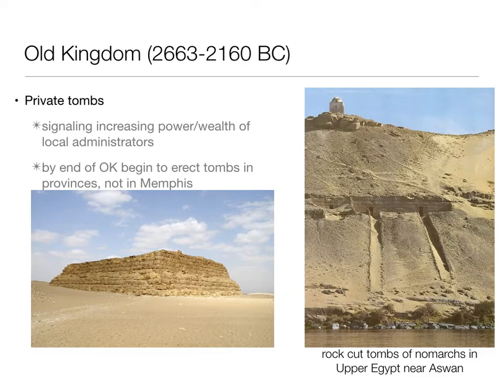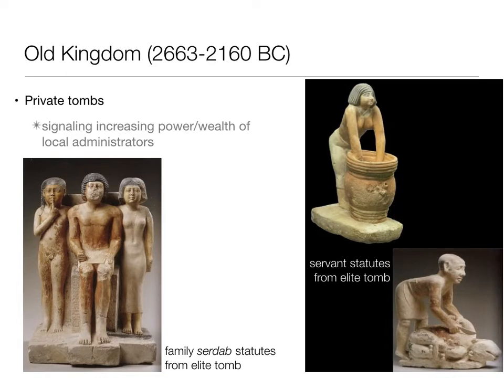But we see by the end of the Old Kingdom, tombs are being built in the provinces themselves, like these are being treated as little fiefdoms and little power bases of nomarchs. And so they're not just near Memphis, near the capital, but in their hometown. So a lot of rock cut tombs, for example, tombs cut into the living rock in various parts of the Nile that take a lot of effort, right? Take a lot of resources. You're seeing symbols inside of these tombs that are usually reserved for kings.